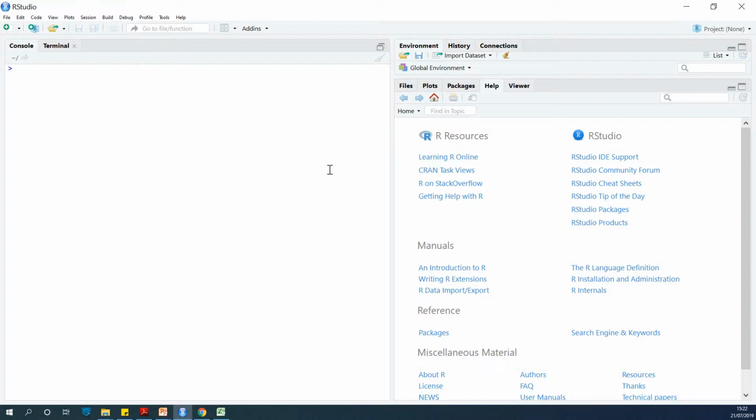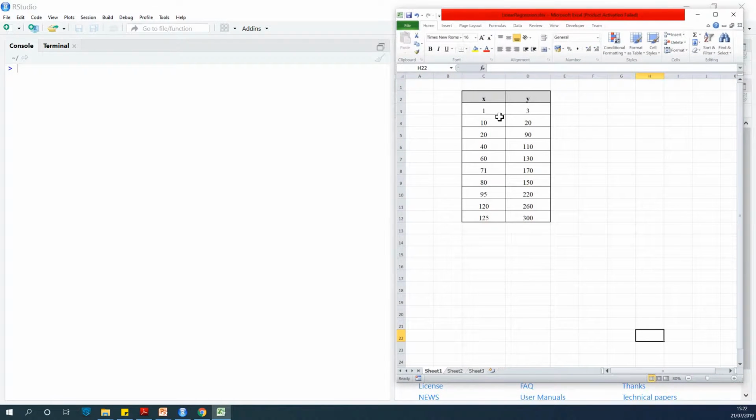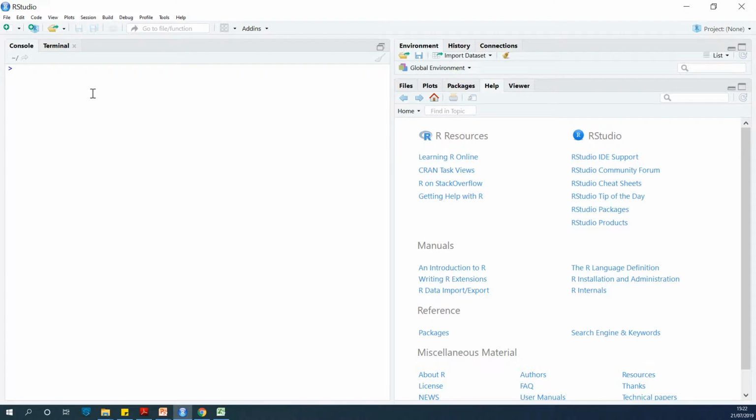So for now, the first thing I want to teach you is a little trick. This little trick is about how to get data from the clipboard. So let's say we have this data in Excel. Of course, we can use some commands to import it. But one thing we can do to get this data in is to just copy it to the clipboard. So just copy it, and then to view this data here, let's create a variable that will hold this data. So let's say equal to